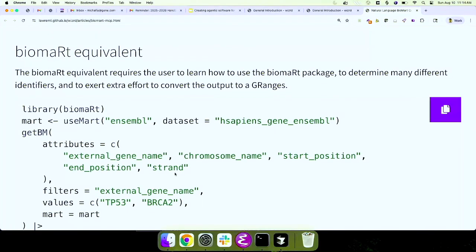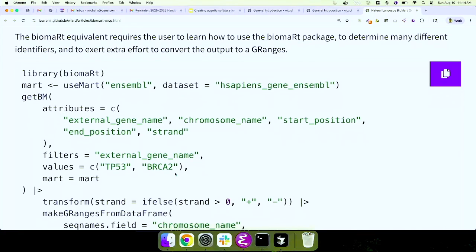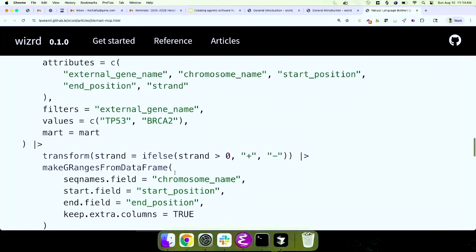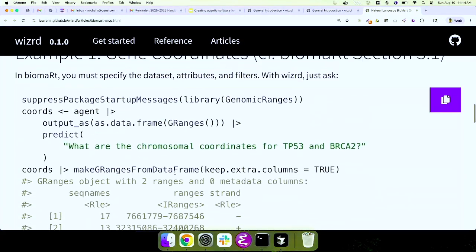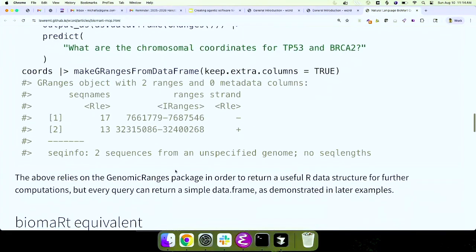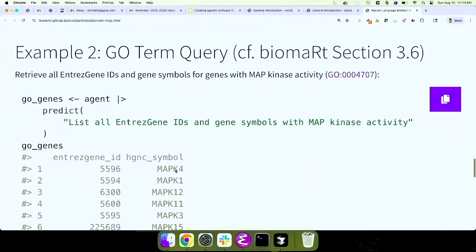Now, if you're going to try to do this using the biomaRt package, which is a direct interface to Biomart from R, which is, by the way, better than PyBiomart, so the model is actually having to suffer using this Python interface. It's a lot easier to use the R interface, but it's still complicated for a human because you've got to know the various column names or attribute names and keys and identifiers, and it takes a while to figure that out every time you do this. So this is the equivalent Biomart code if you're going to do that directly, right? It's a lot simpler just to ask what are the chromosomal coordinates for these two genes and get back the same object.